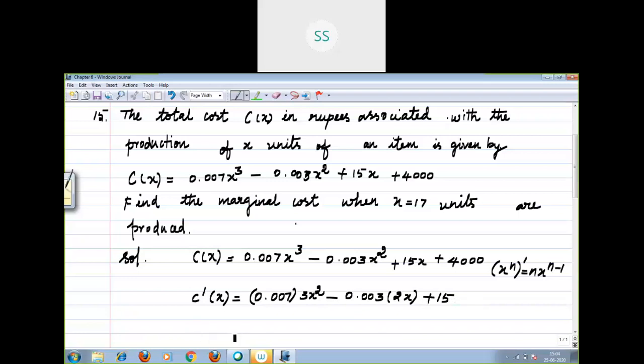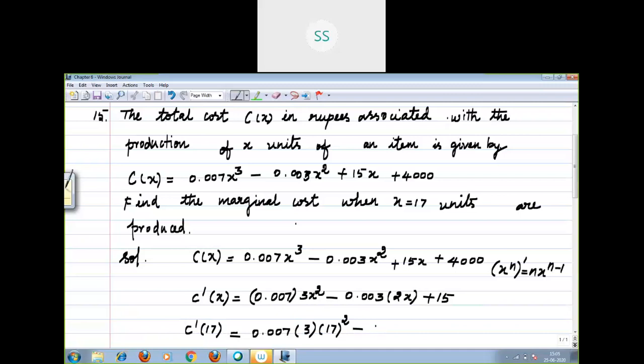Which is equal to, now we are going to substitute the value of x. Here the place of x can be replaced by 17. So C dash of 17 equal to 0.007 into 3 into 17 square minus